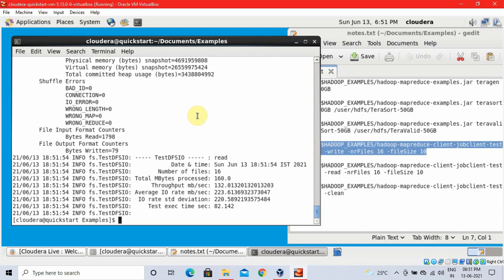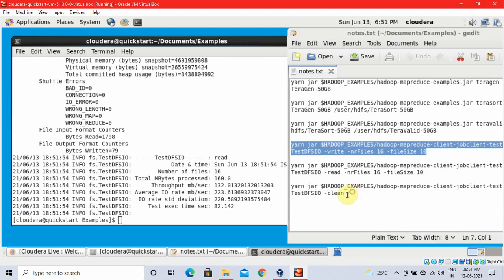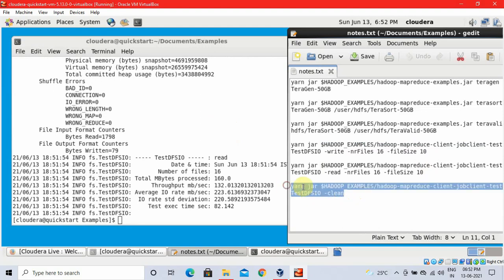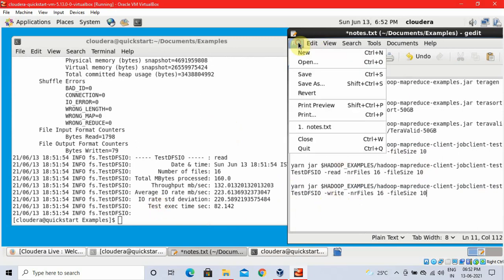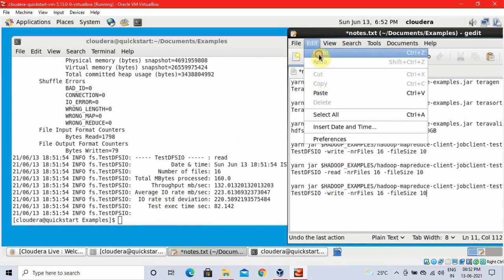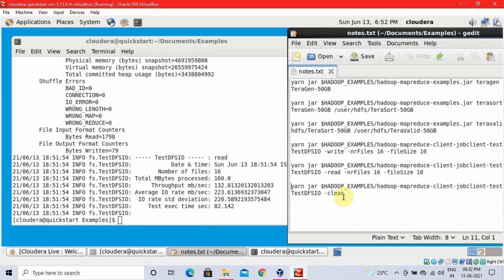Now read mode is over. Before running all these commands, it is better to type them in a notepad so that it is easy for you to copy the commands and then execute them in the command prompt.